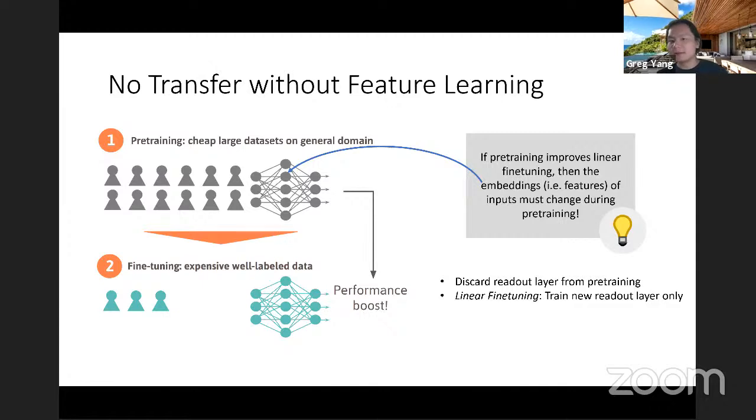So it's very easy to see that if pre-training improves linear fine-tuning, then the embeddings, i.e. the features of the inputs, must change during pre-training, right? I mean, the fine-tuning stage is entirely a linear problem. The performance only depends on the embeddings, the quality of the embeddings. So in this particular case of linear fine-tuning, this justifies why I say that transfer learning really requires feature